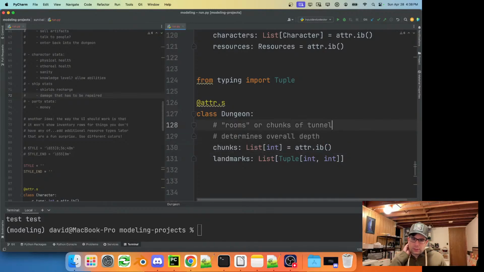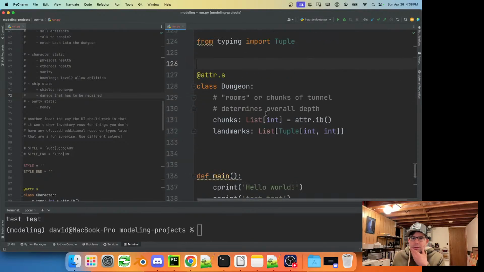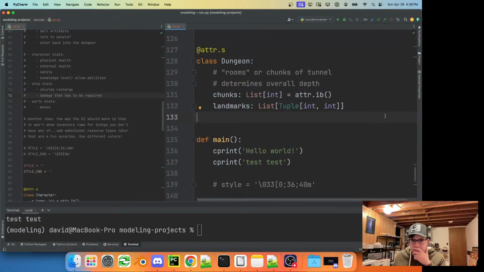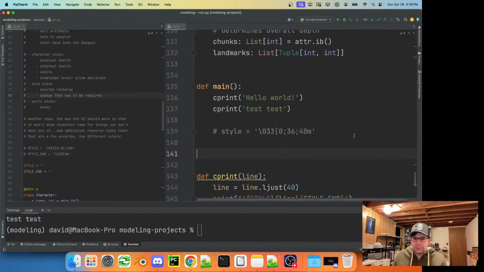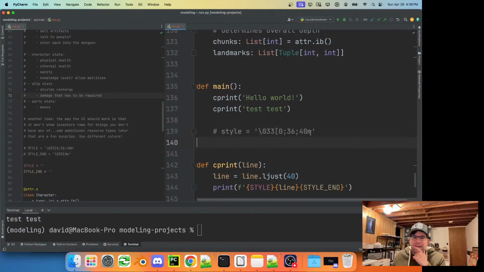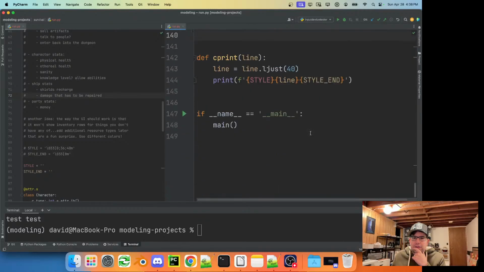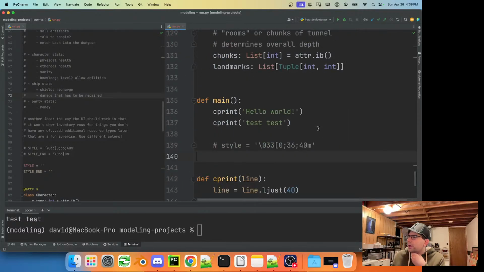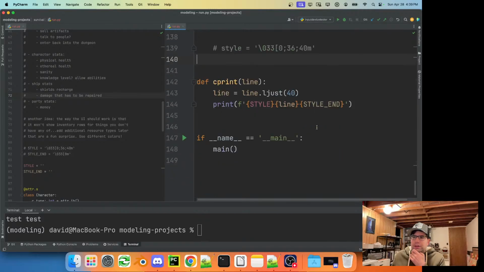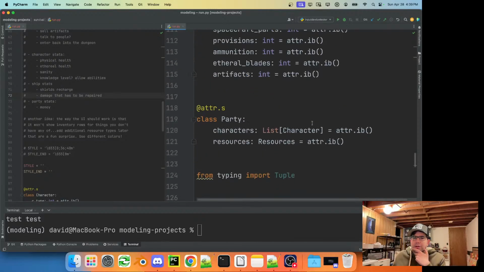So probably the next thing would be coming up with some constants that are going to determine these different kinds of things that we can encounter, and starting to flesh them out. The other thing that we can do is start with the main game loop and the party creation as well.